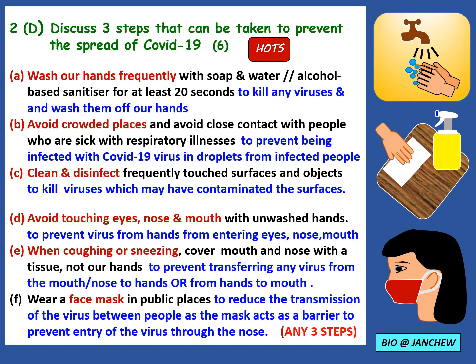Let's go on to question 2D. Discuss 3 steps that can be taken to prevent the spread of COVID-19. 6 marks. Now, the task word or command word here is discuss or explain. So if you're asked to explain or discuss, you must go in depth a bit to talk about why you have to take a certain precaution or to carry out a certain step,